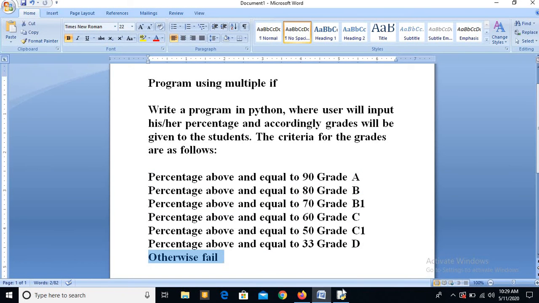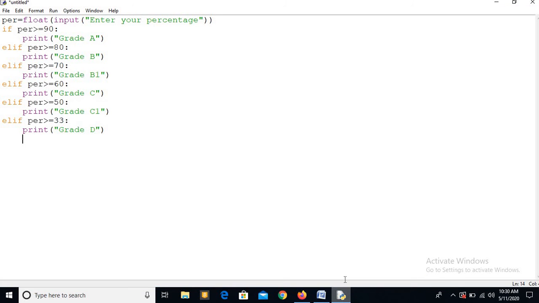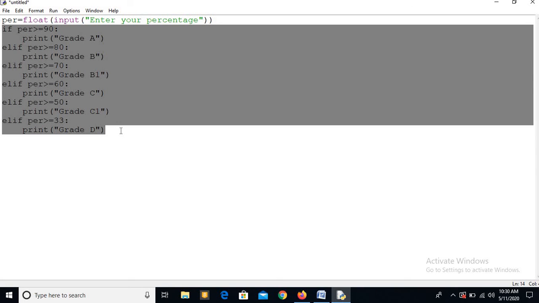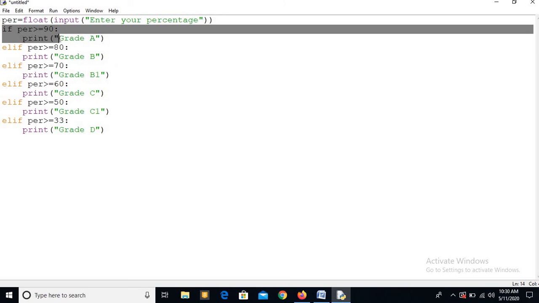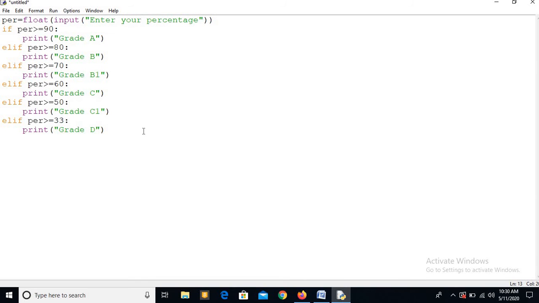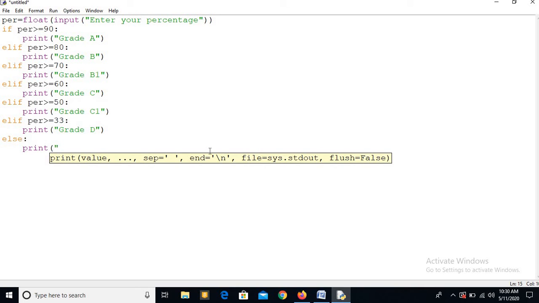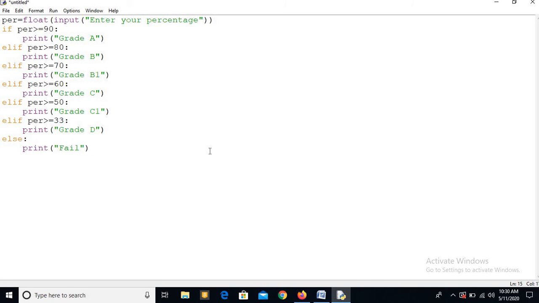Otherwise means, if nothing is satisfied from these conditions, if no criteria is satisfied, then what will happen? That is called the else case. For that you have to write else. But remember, in else we will never check the condition. Else what is the grade? Print fail.